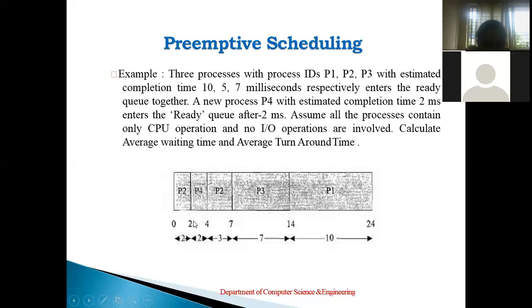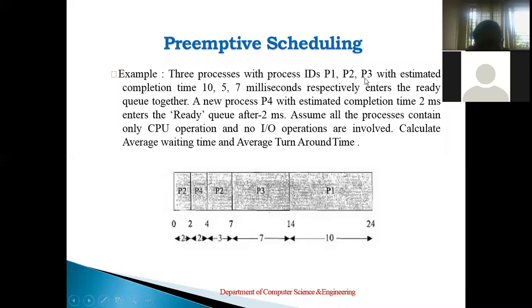Right? Once it is completed, which will it start executing again? Who is shortest again? P2 will be executing, because it has already completed 2 milliseconds, so the remaining time is 3. So 3, 7, 10 are there. So which will it continue? P2 it will start executing. Once it has completed, which is the next process it will start executing?